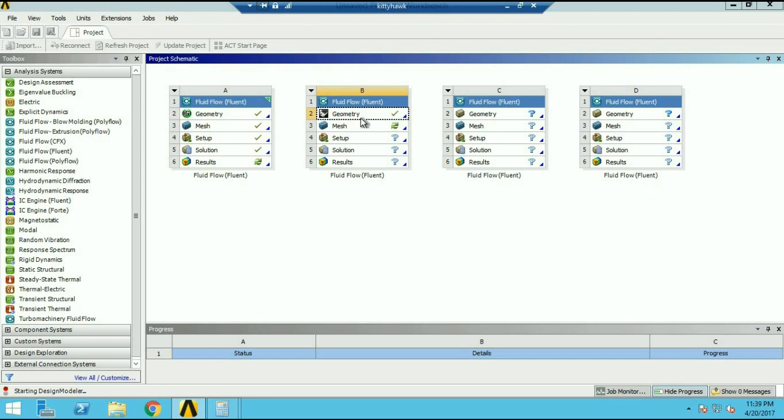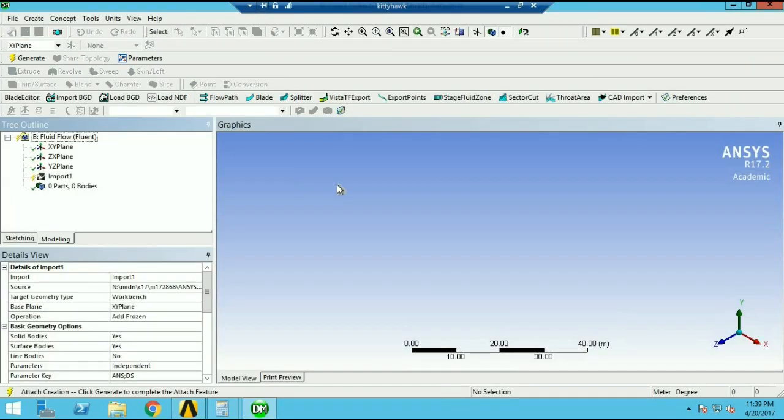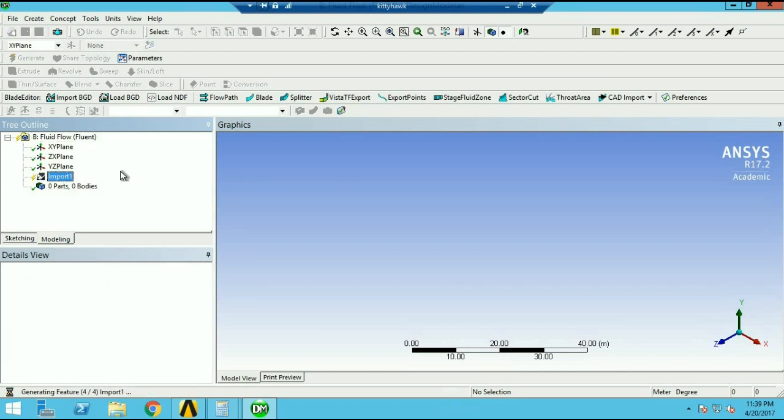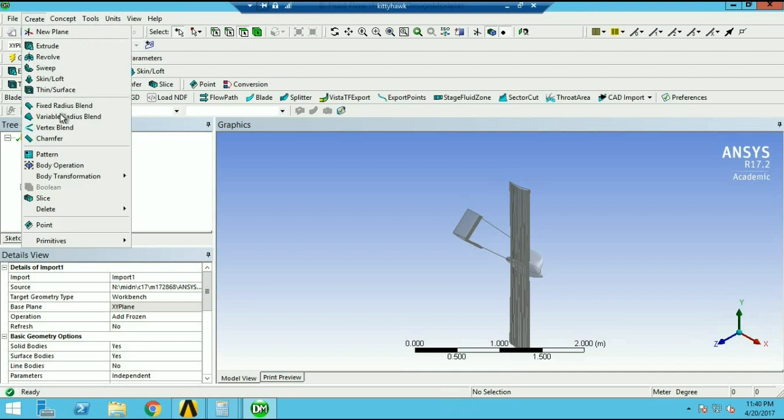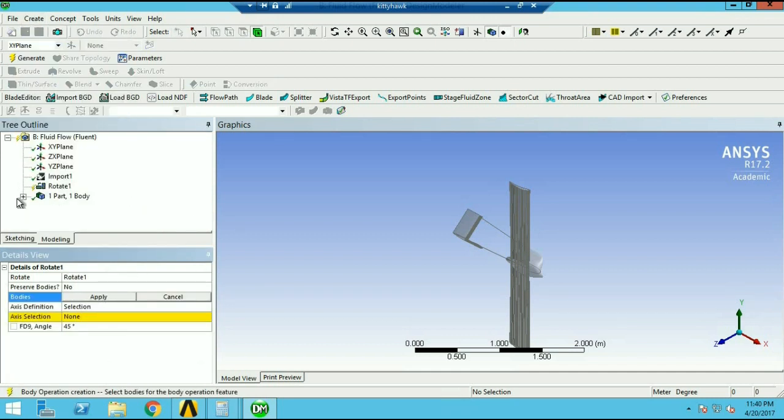But you can't actually do like we did in the last video where you just drag over, because you're going to have to edit it each time, because you're going to have to rotate the model to reflect angle of attack. So this is exactly what we did before. It's kind of repetitive, so I'm just going to try to go through it fast. So create body transformation, rotate body,